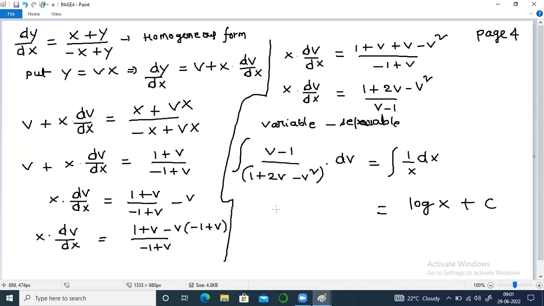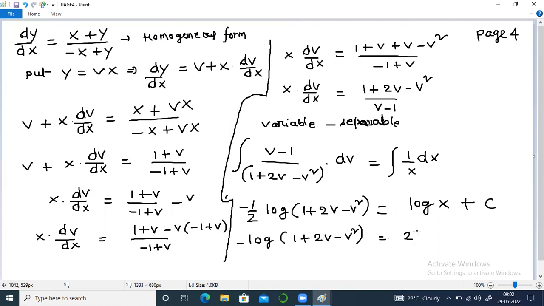Okay, so v minus 1 over 1 plus 2v minus v square. This I have solved. After solving, what is the final answer I got? Minus 1 by 2 log of 1 plus 2v minus v square. So this one minus log 1 plus 2v minus v square is equal to 2 log x